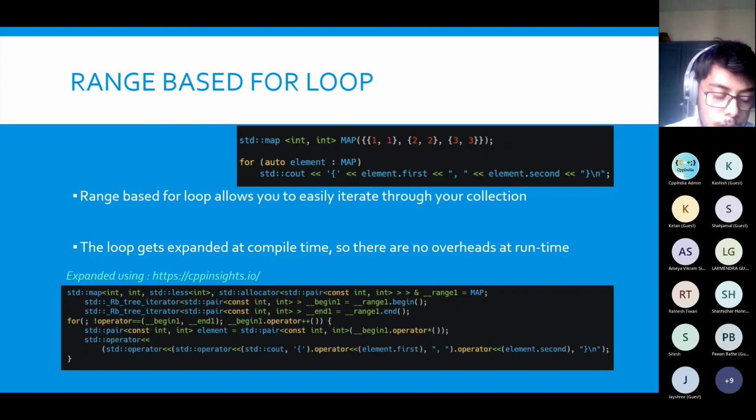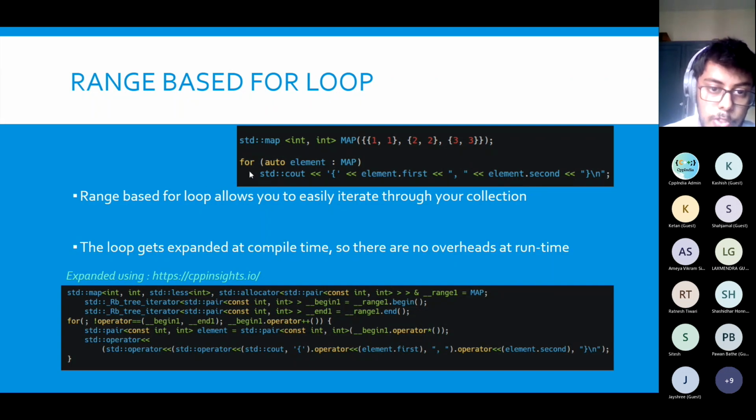One more small tip that I've heard, though I have not used it for custom objects. Here we are using std::map and a range-based for loop on it, and that works fine. But I've read somewhere that for using your custom classes, you have to supply the begin and end functions in your code, either as a free function or as a member function of that class itself, and only then will you be able to use a range-based for.